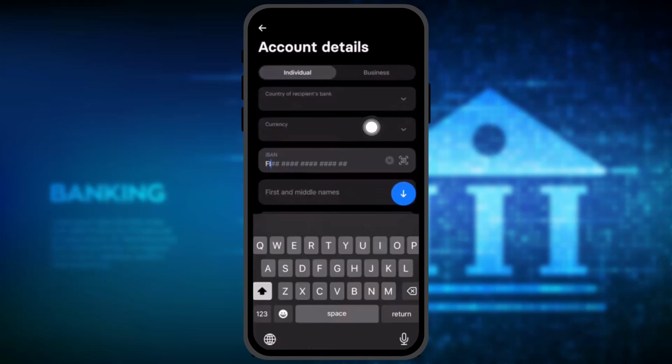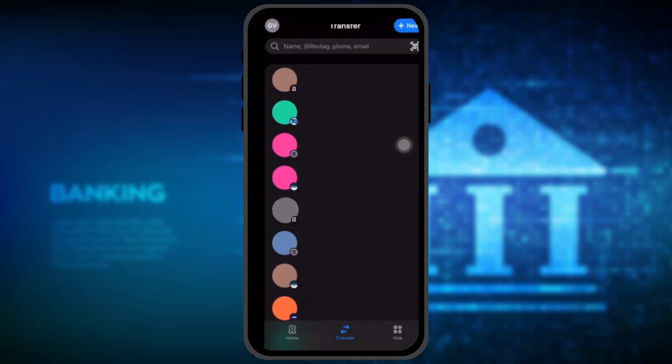All you got to do now is simply add in your international bank account number, that is your IBAN number, which can be found in your bank account details. And once you enter it, add it as a recipient, and once you do that, go back to the transfers,